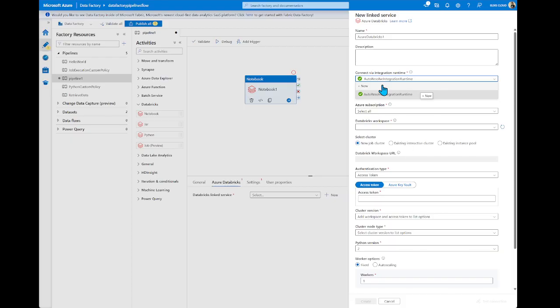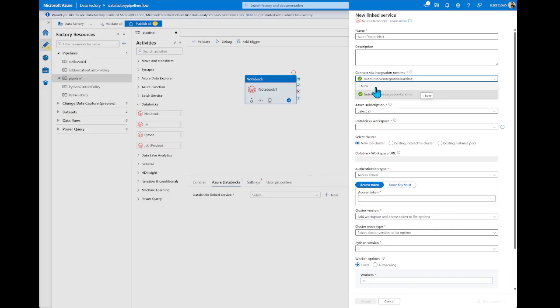Even in my experience, we had a project with some internal resources running on-premises, for example SQL, and we needed to connect to the SQL to execute some queries and get some data from it.